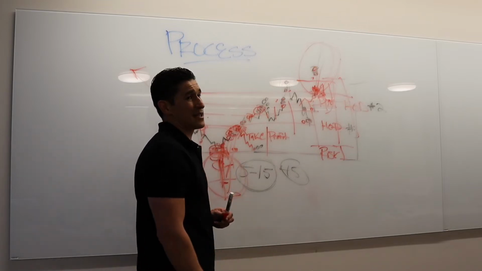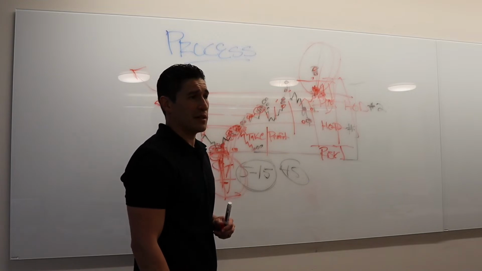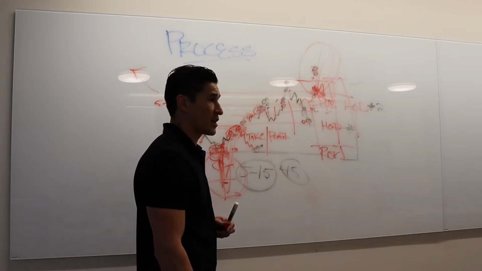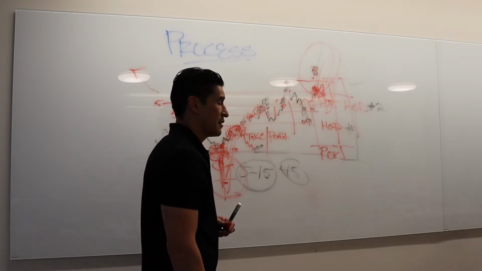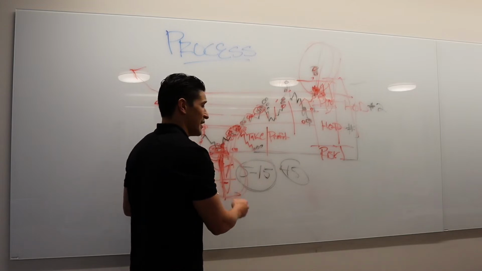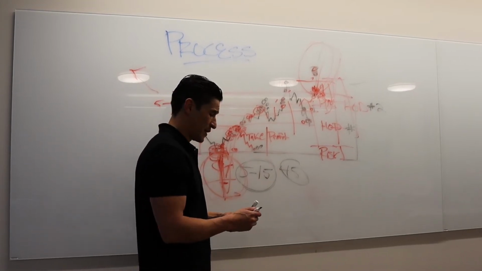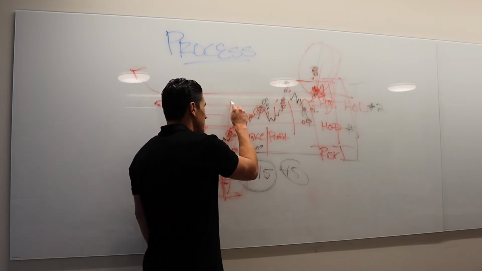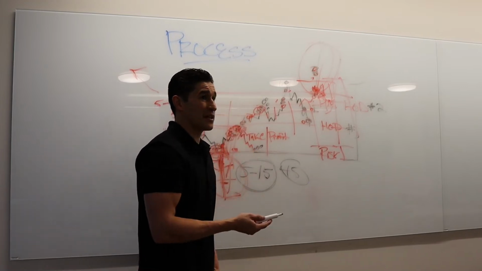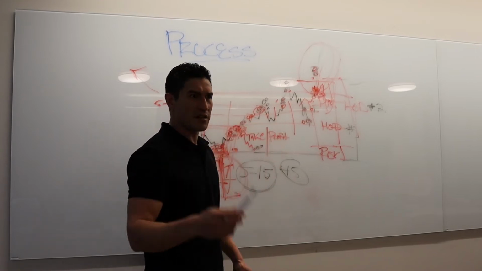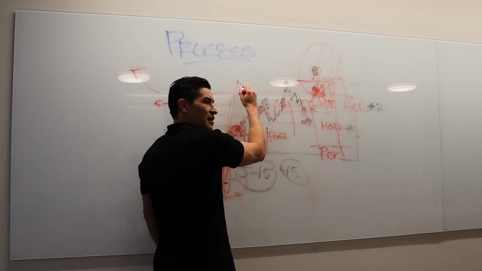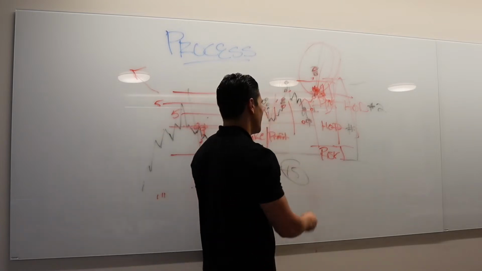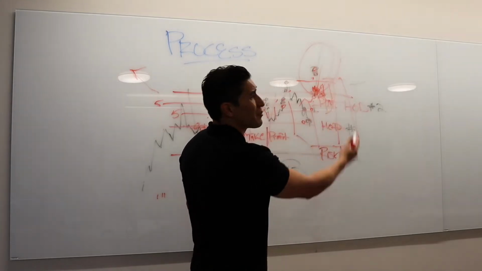I don't remember the last time I played gap and crap reversal and got fucked from it. I'm serious. I don't remember the last time I played it and had such a big pull like that. It's very rare, you know, and then especially once it spikes, man, you're at low of day still, and you guys see the charts. They go to high of day, and then they go all the way back to low of day, and then back to high of day. And then maybe later in the day they'll do something, but